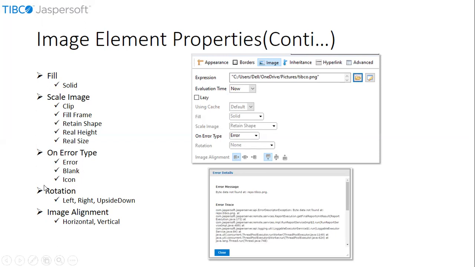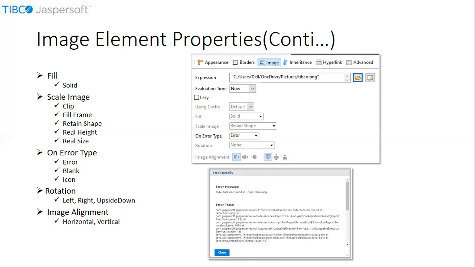Now, let us quickly look at the rotation and image alignment properties. The rotation property has three attributes that are responsible for the image rotation. The possible values are left, right, and upside down. Image alignment has two attributes: horizontal alignment and vertical alignment.